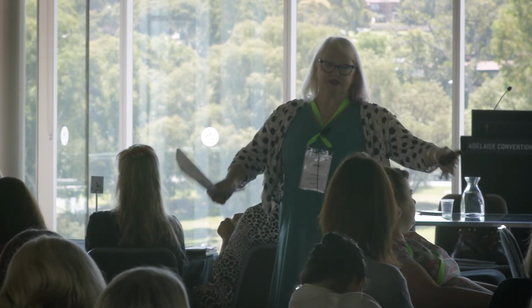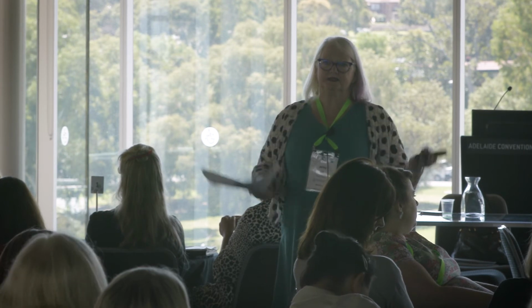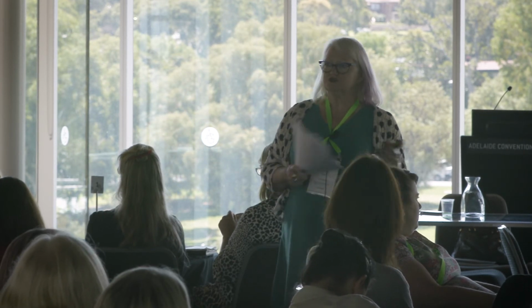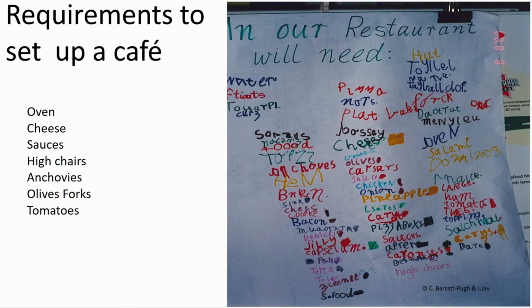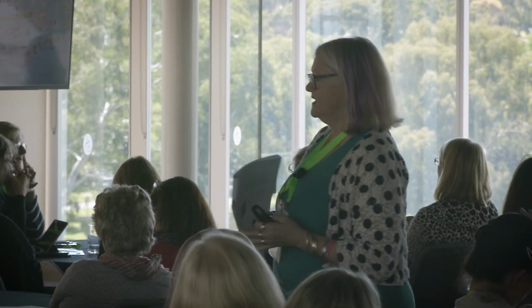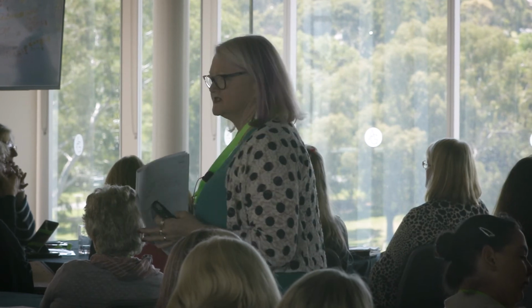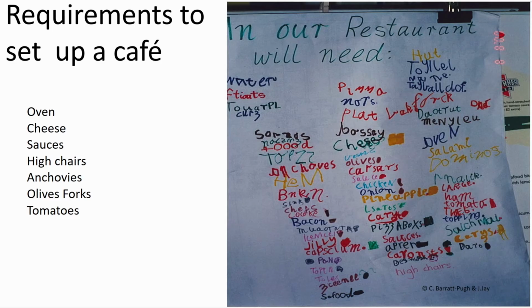In preparation for going to the pizza shop and making our own pizzas and having that common experience that we could draw on through the entire project, we got the children to think about interviewing the chef himself. What questions would we ask? We got them thinking about what literacy we would see, so all the environmental print. We actually also got them to survey their families, because this was an integrated project, so we were doing maths as well, for the toppings that they might like on their pizza. So who liked anchovies? You can see actually the vocabulary that's coming into this. Anchovies is not a word that we'd ask children to spell, even think about.